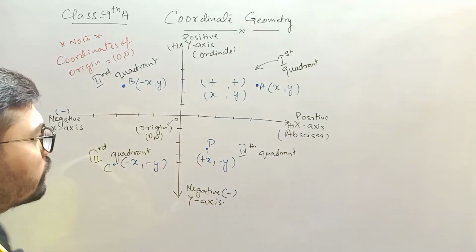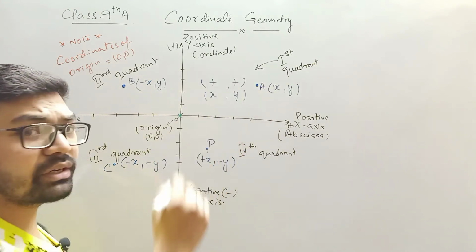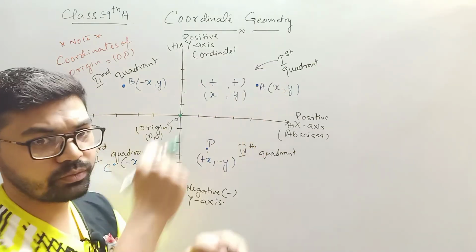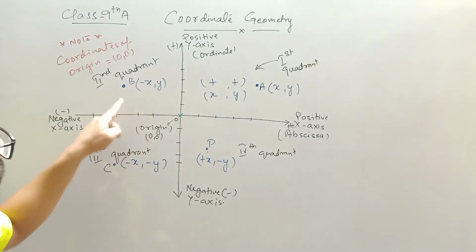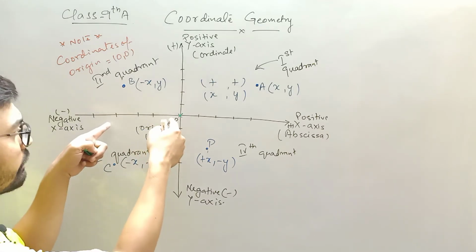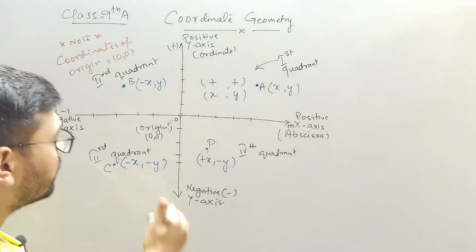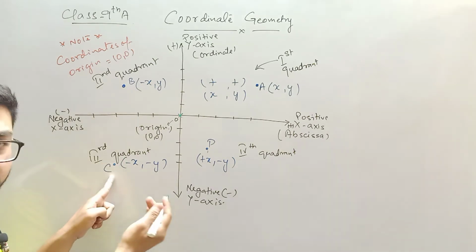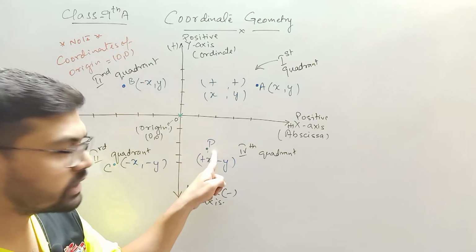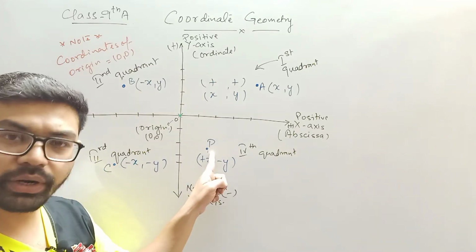Suppose your current position is here and you need to go to this position. How can you reach this position? First of all, you need to know what is the value of x, what is the value of y, then only you can reach this position, right? Similarly, if you want to reach B, till the time you don't have the information of x and y, you cannot reach point B, right? Similarly, if you want to reach this point C, you should have knowledge of the value of x and value of y. Similarly, if you want to reach point D, you must have knowledge of positive x-axis and negative y-axis. Then only you can reach this point.